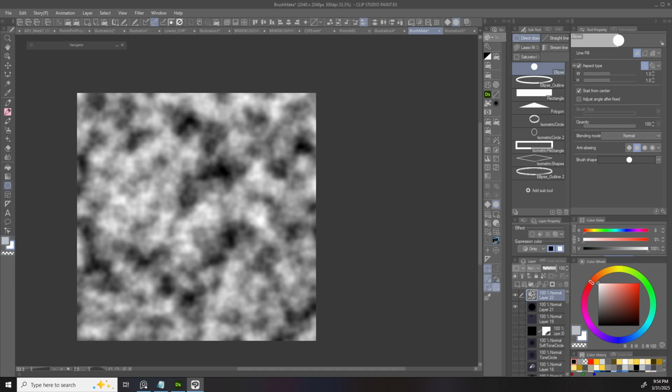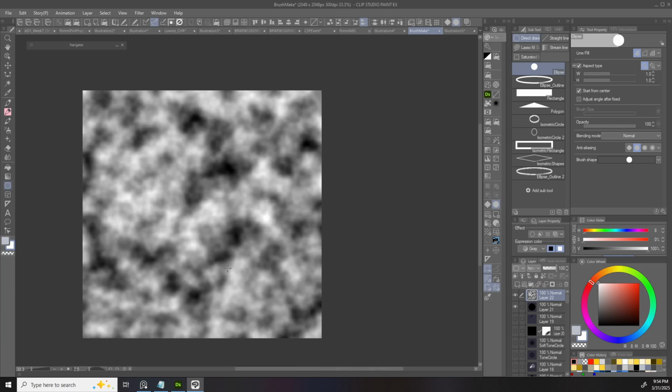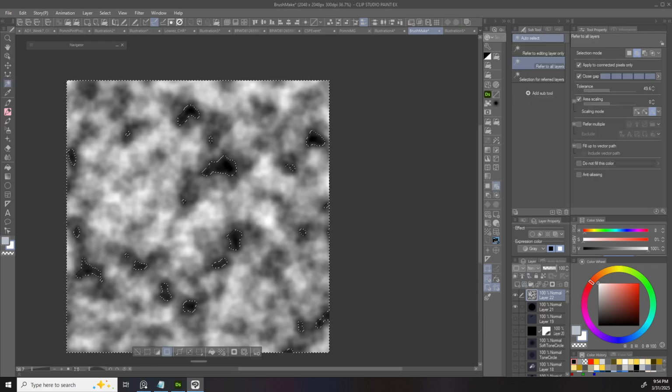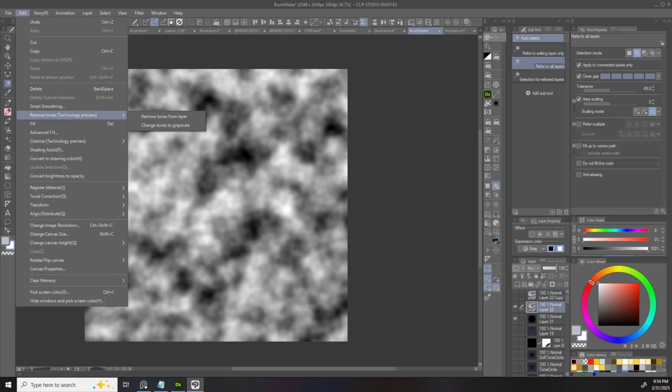And what we're gonna do with this is that usually you can hit Control and select, but let's say I want to select the white parts, or I just want to do something with this. So you can go in with a magic wand, but it's not going to be very effective. We're not in Photoshop here, I don't think. So usually I would duplicate this, and there's a nifty feature called File or Edit, Convert